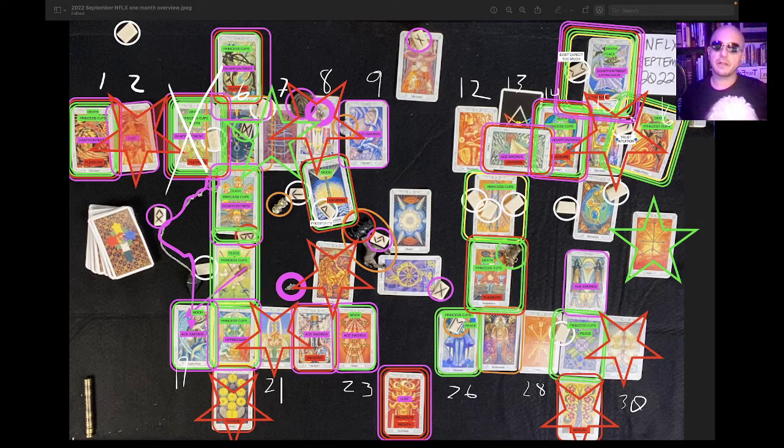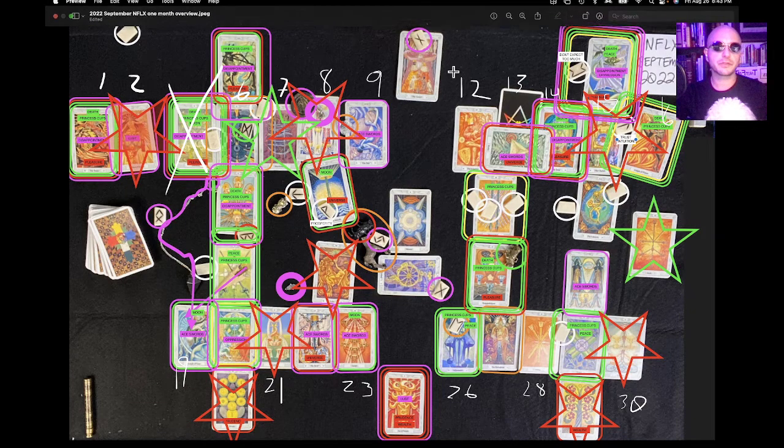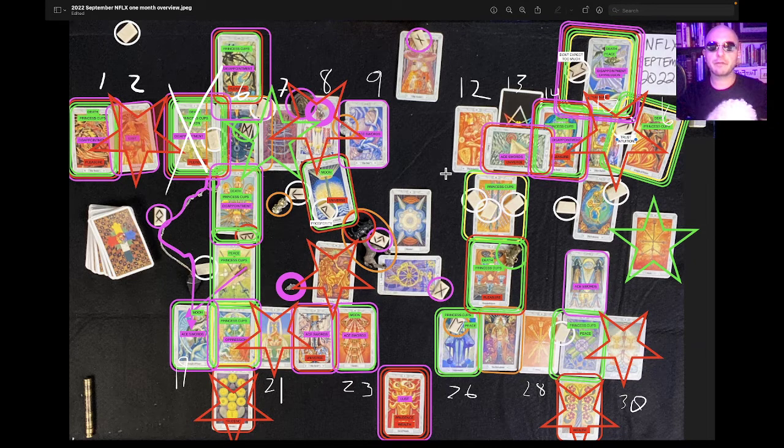This is the NFLX shares 1 month overview reading for September 2022. It's currently August 26th, 2022, 8:43 p.m. Eastern Time. The overall theme and behavior for the day, for the month, we have